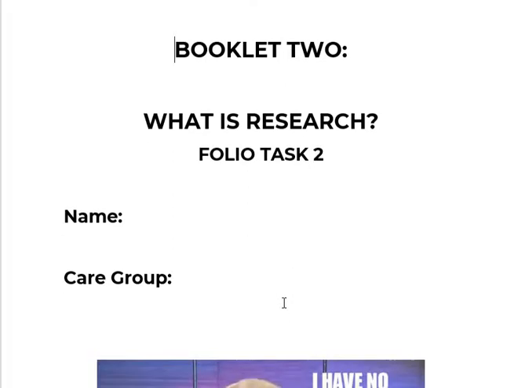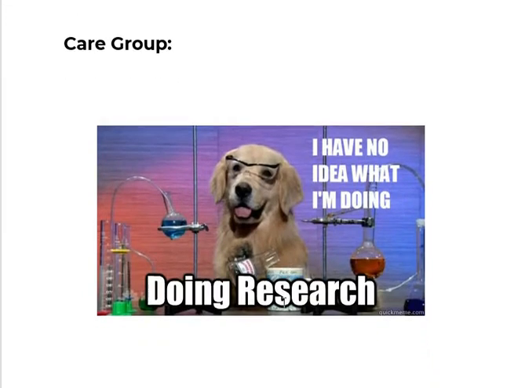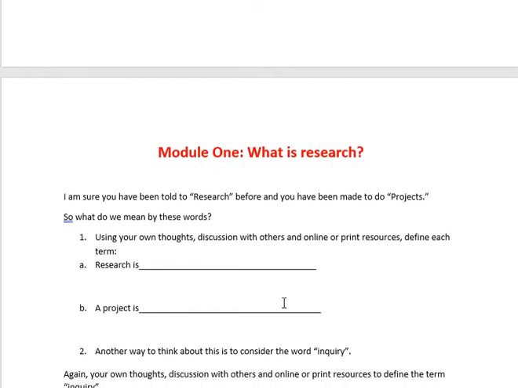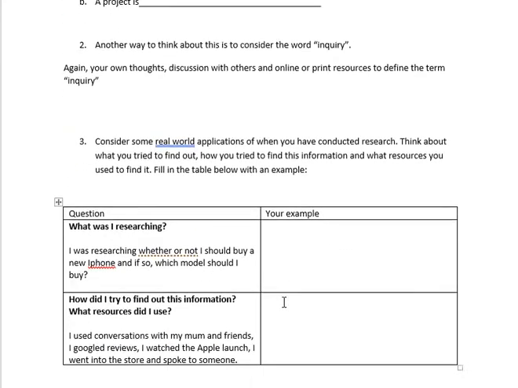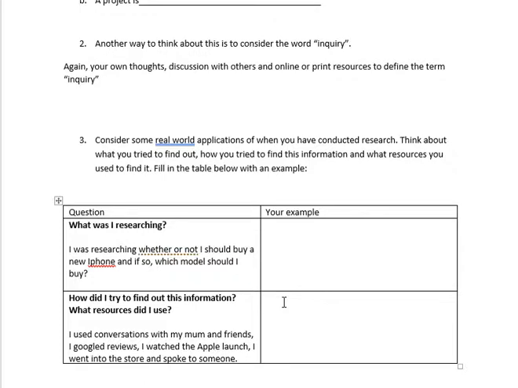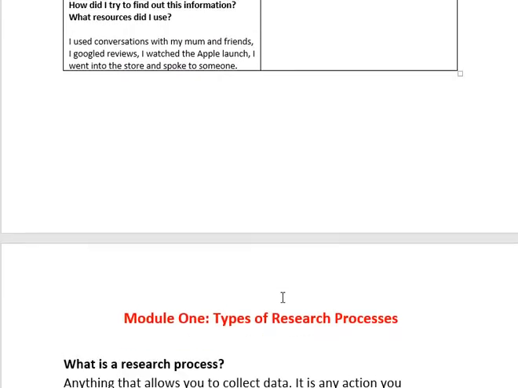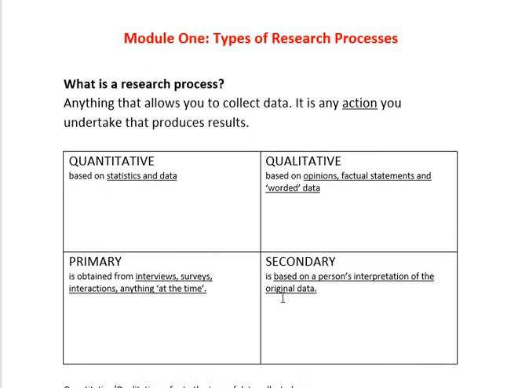So Booklet 2 begins to engage with research as a term and as a concept, and will require students to identify some of their thinking and then to engage with some discussion or some research to build upon that. I guess the main thing here is that students drive the reflections on these pages, whereas once we get to module 1,